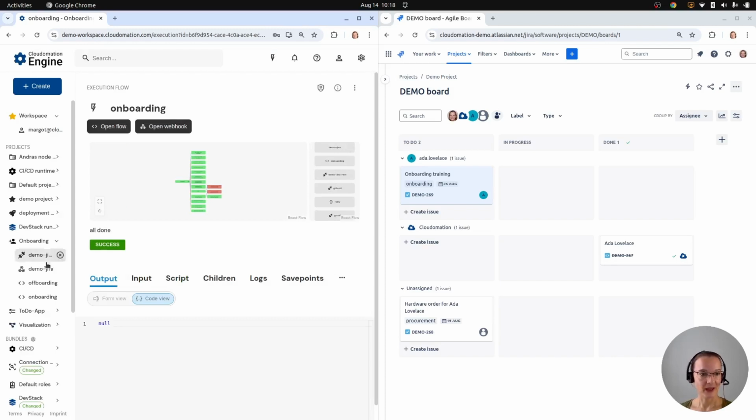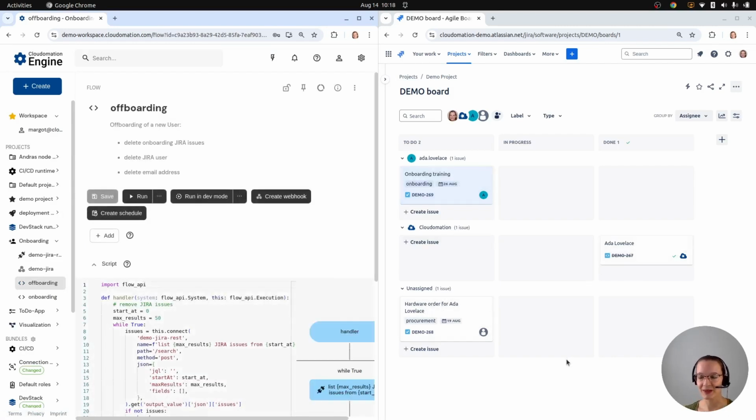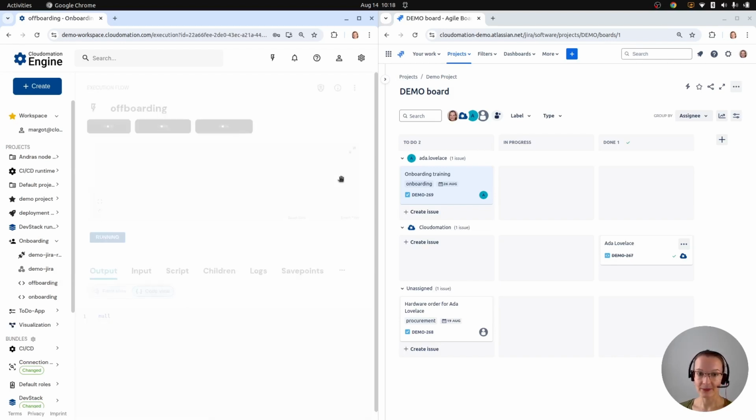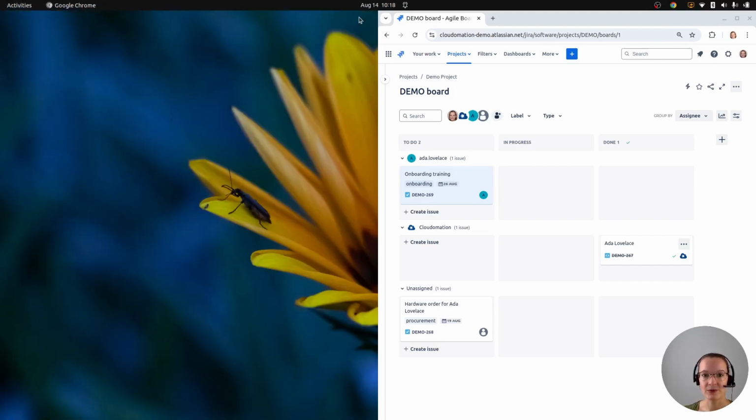That's it for today. I will now do the offboarding flow. The offboarding flow will actually remove the email address again. It will remove all the tickets and set everything back to 0. I will do that because here it will also give me the opportunity to show a little bit more of the